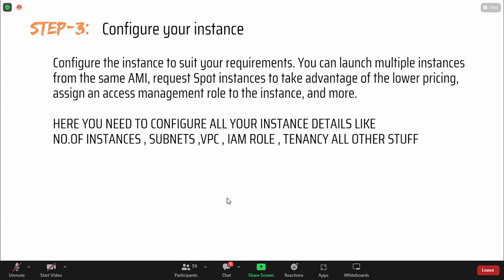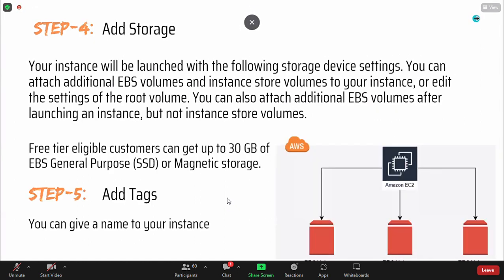Here you need to learn something called availability regions, subnets, data centers, all these things you need to learn, as well as some part of IAM roles, auto scaling, multi-tenancy, configuration, all this comes one by one. Okay. Next, step number 4 is your